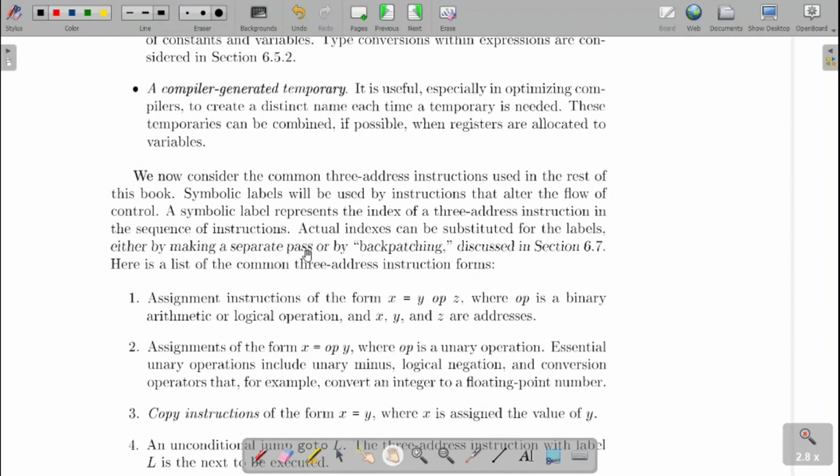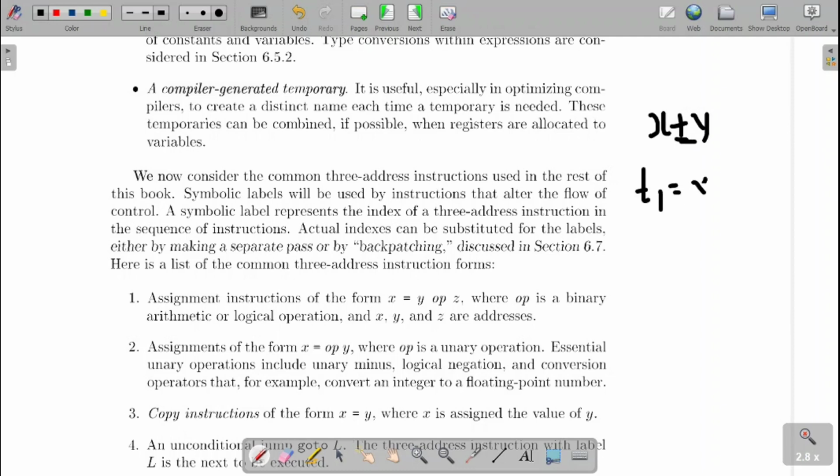The instructions. The first instruction may be of the form x plus y. In this case, it is a binary operator. So T1 will be equal to x into y.